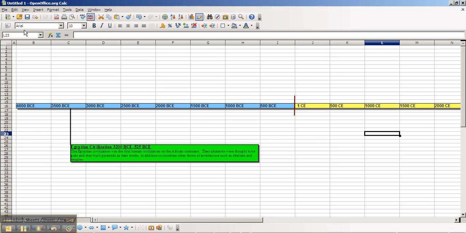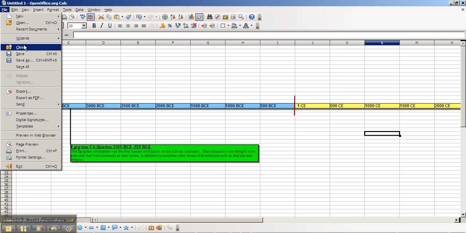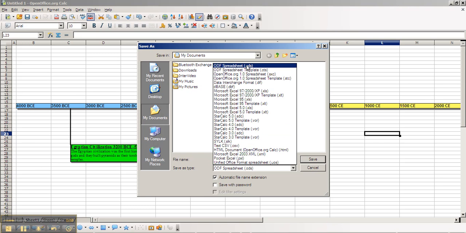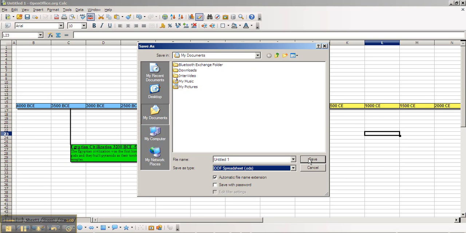Okay, so at this point you should probably save the file. Go to Save As. Save it into your H drive, and make sure it's saved as an ODS file. That's right up at the top. Select that. You're going to click on Save, but I don't want to save this, so I'm going to click